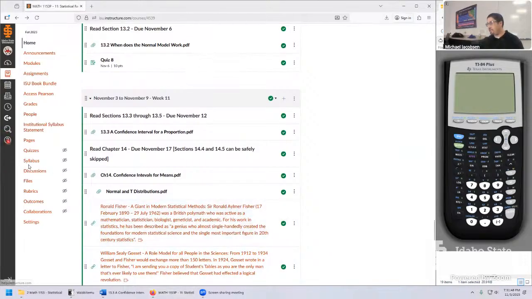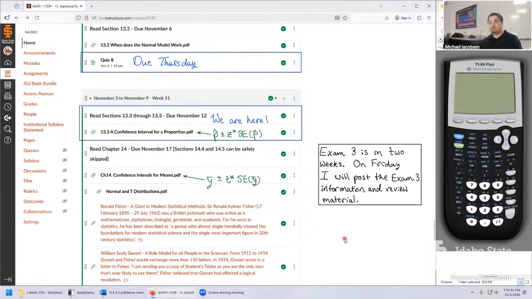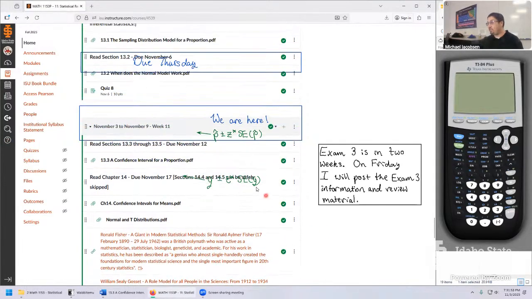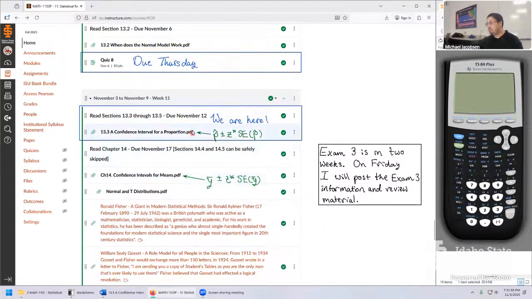And let me click on that. There we go. So that's where we're at so far, folks. We're just about to finish off chapter 13, but there's definitely a lot of good work to do here. This is where the whole procedure culminates, the confidence interval for a proportion. So we'll take our time with this one and potentially start chapter 14 if we're on Thursday, I'd say.